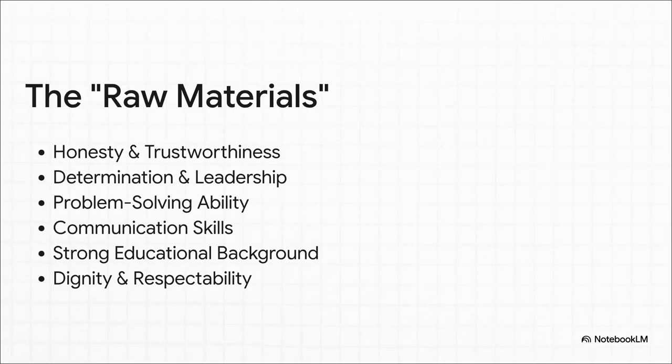You can think of these as the raw materials for the candidate product. Campaigns strategically pick out the traits that they know voters find desirable. So, for instance, to showcase problem-solving ability, a campaign might just flood your social media feed with short clips of the candidate visiting a struggling local business and laying out their solutions. These qualities get highlighted again and again and again to build up that ideal profile.